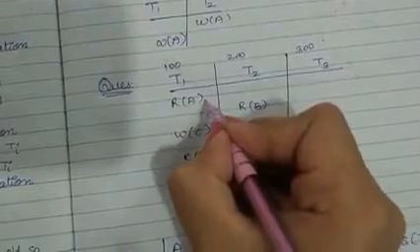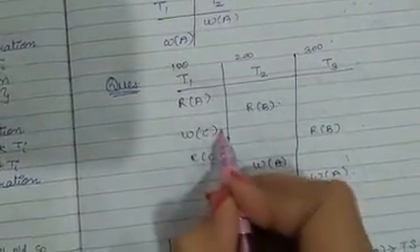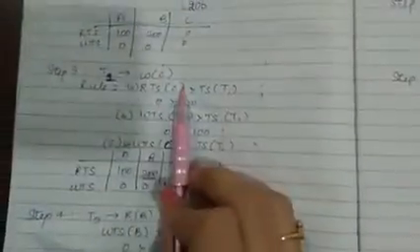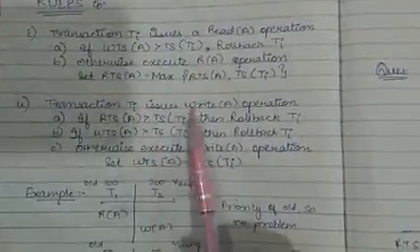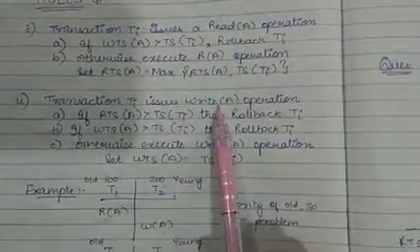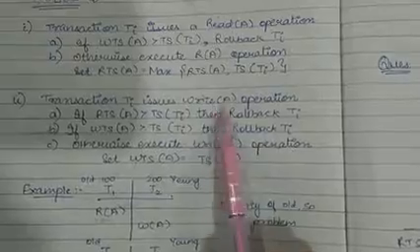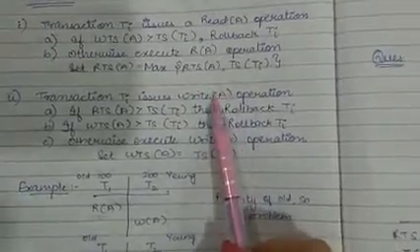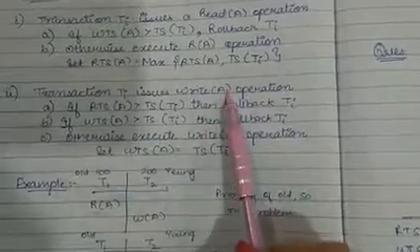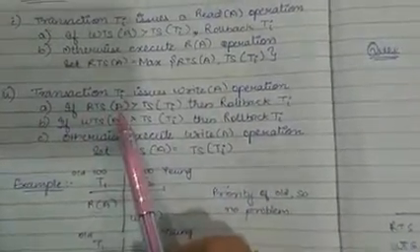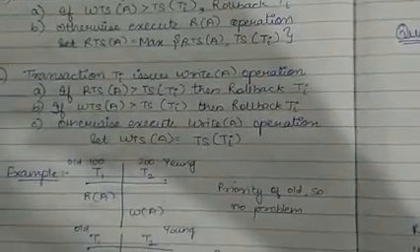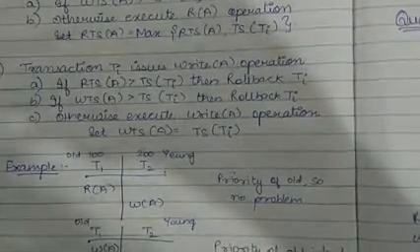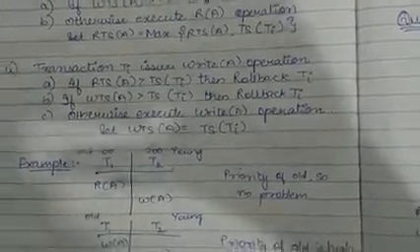Now what will be the next step? After executing this and this, we will proceed to T1's write C. So this is the write rule. Transaction T1 is issuing a write C operation. Here the rule was for variable A, so I am simply replacing A with C. For a write, we know that we have two conflicts: one is the read conflict and the other is the write conflict. First, is RTS(C) greater than TS(T1)?